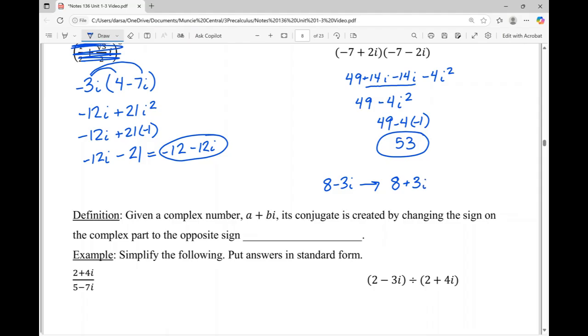So given a complex number, a plus bi, the conjugate is created by changing the sign on the complex part to the opposite sign. So the conjugate of a plus bi would be a minus bi. The conjugate of a minus bi is a plus